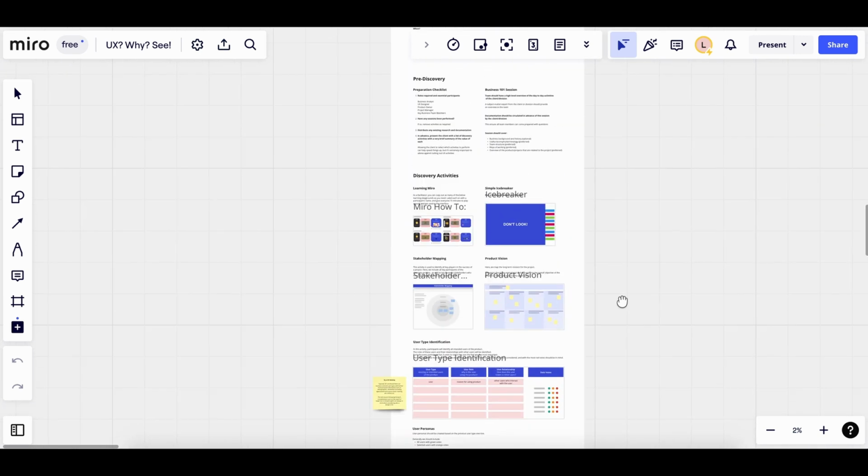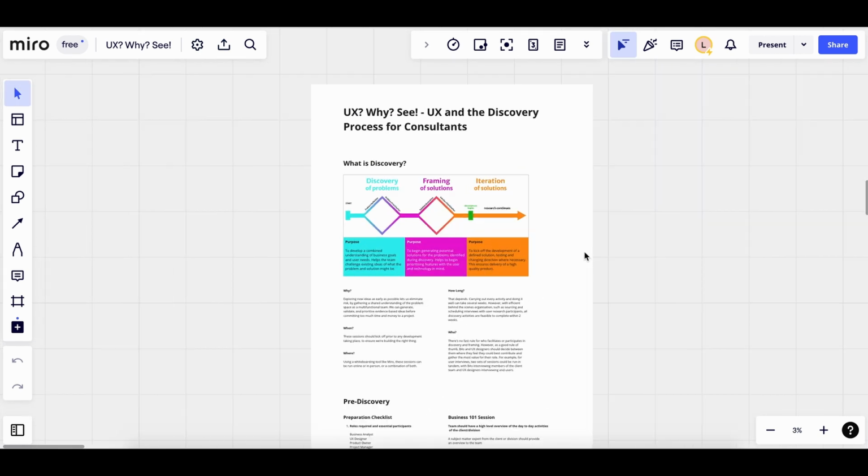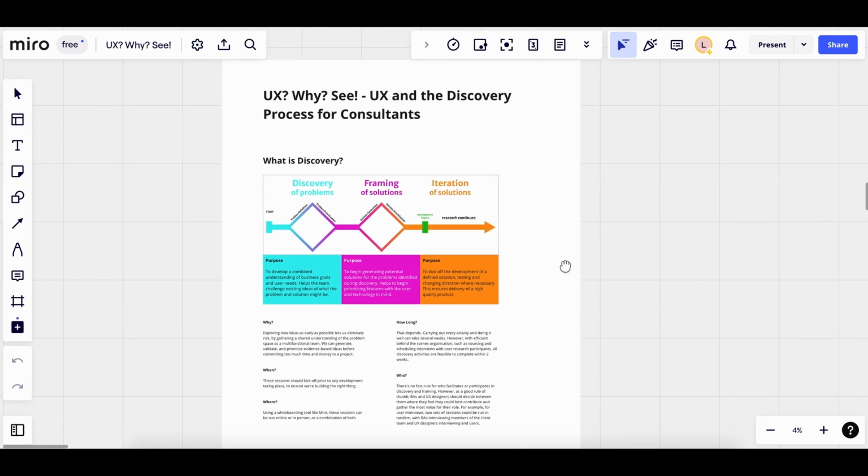So this template overall should give you a good idea of how to run a discovery, gather all the business insights that are required, but ensure that at every stage of the discovery session, we're bearing in mind the users and the end result. And this will always result in a fantastic user